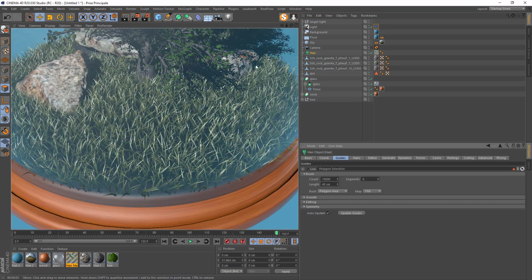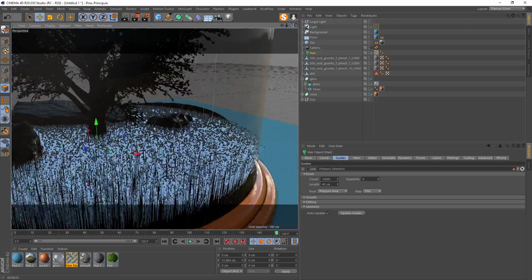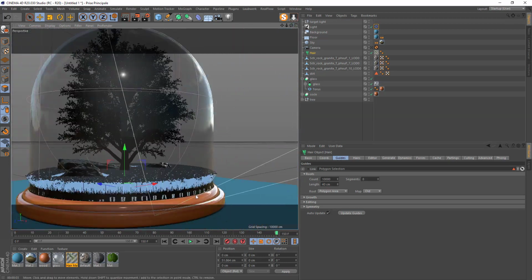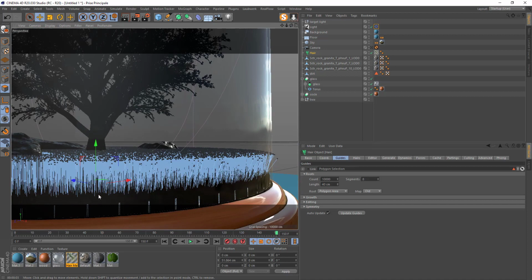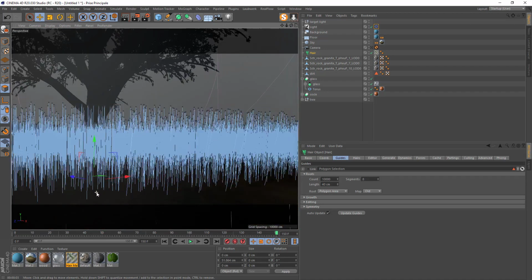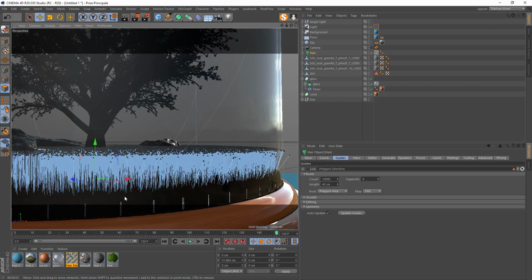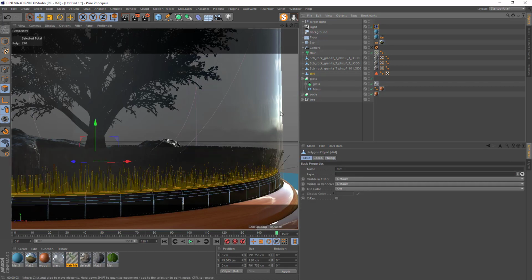Yeah, it looks good to me. Maybe the grass is outside the glass, I don't know. So I'm not going to select, you see, I added some selection, but it's not good. Or we can make the cylinder smaller. I don't know how. Yeah, maybe I will make the cylinder smaller, so the dirt, this one,